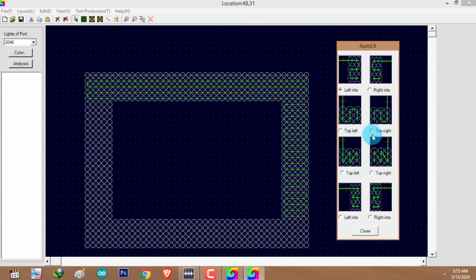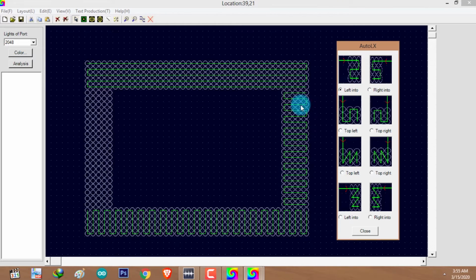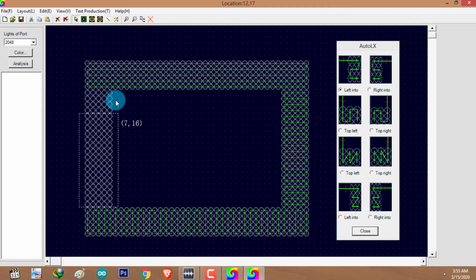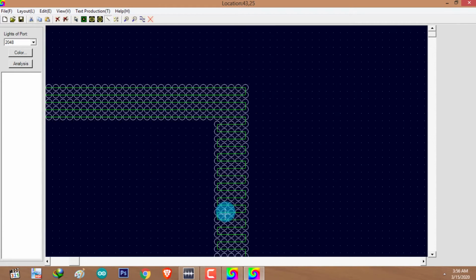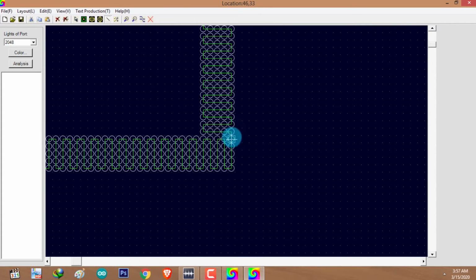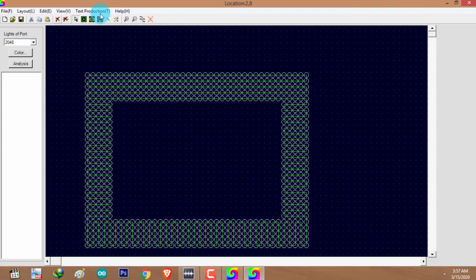for the third section. I'm going to use, let's see, this method. Alright, for the last section I'm going to use this method. I'm going to connect each section together. And now it's time to create a port to connect it to the controller. I'm going to place the port right next to the layout, and using the line tool I'm going to connect